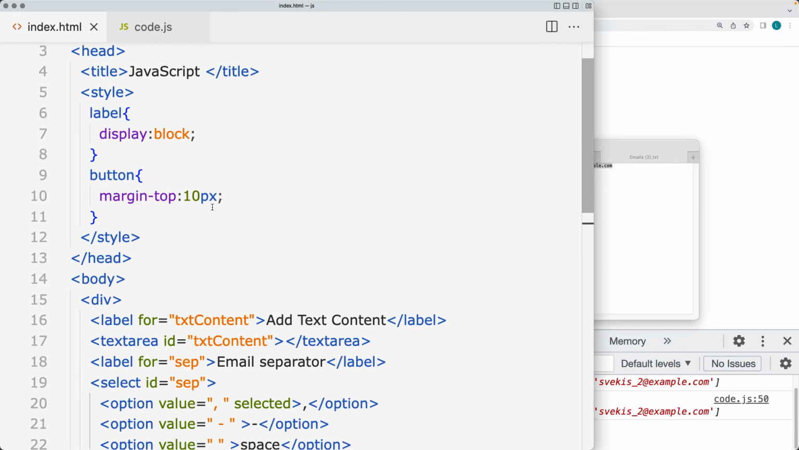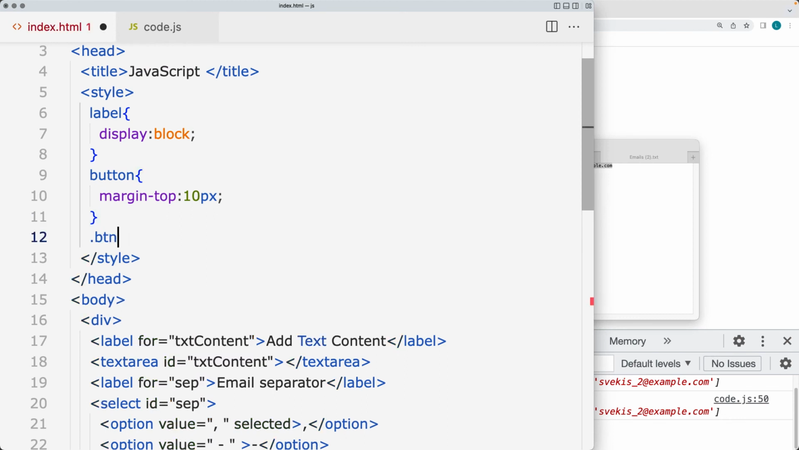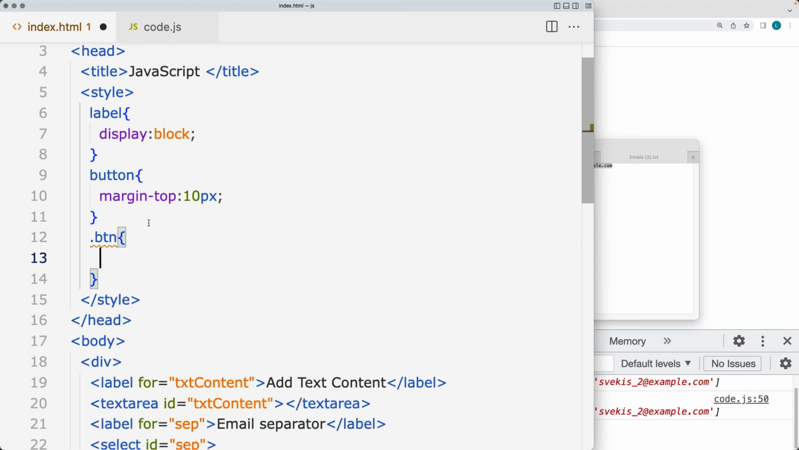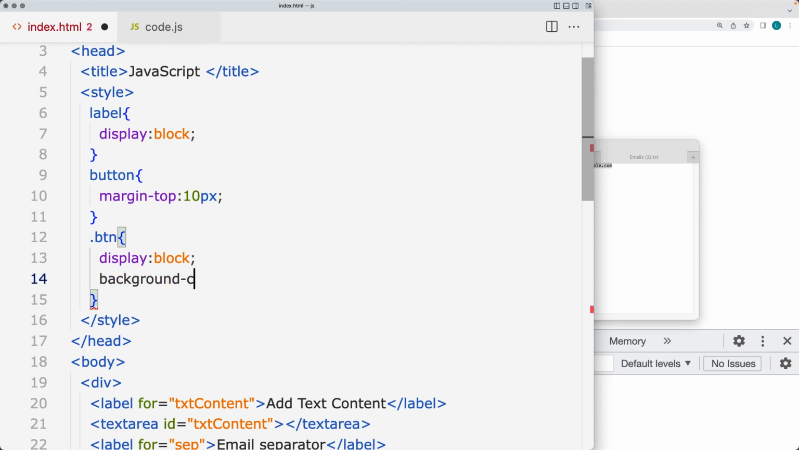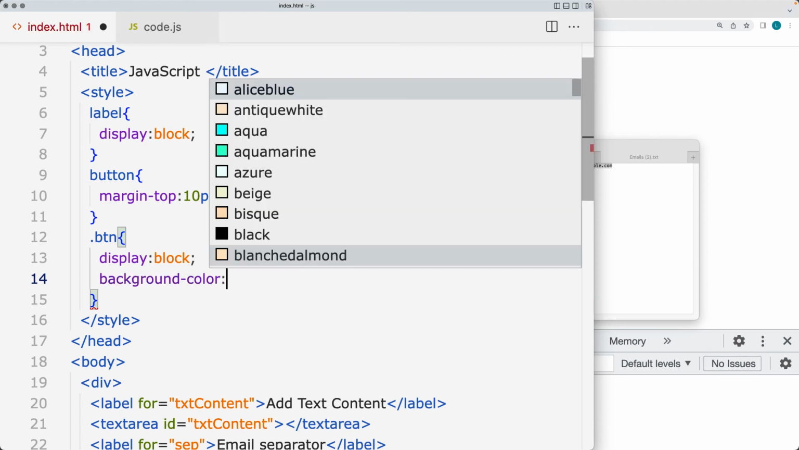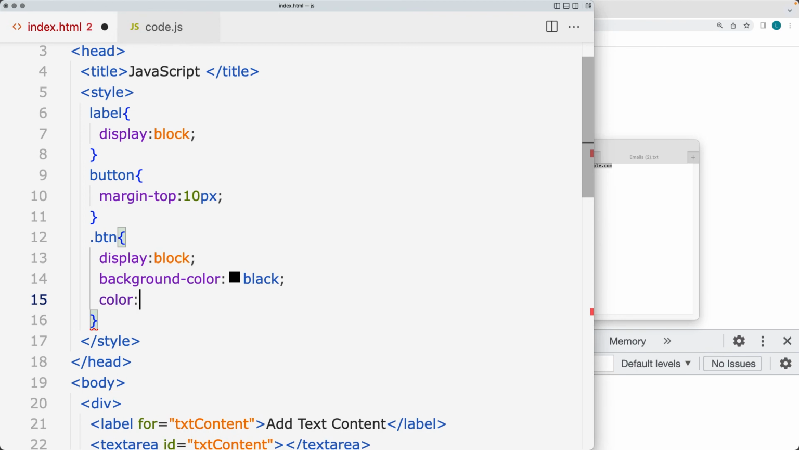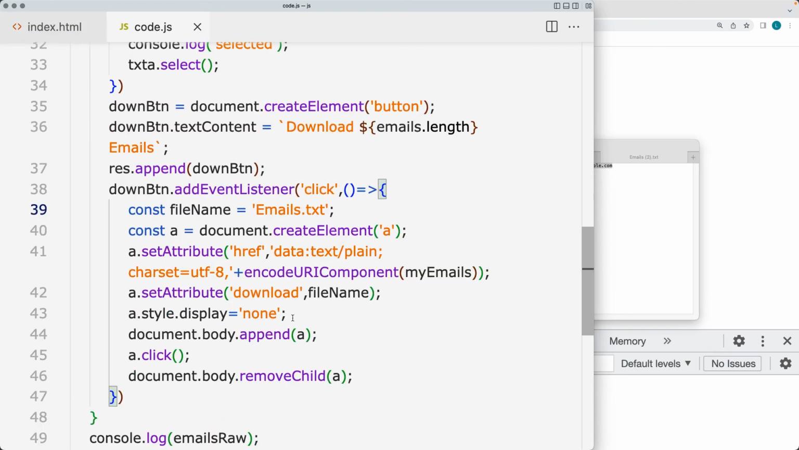Also, I'm going to add in a little bit of styling to the page elements. So add in a class of button, so that way we can set the buttons to be on a new block. And also I'll add in a little bit of styling for the background color of the button, and then the color of the text on the button will be white. Go back into the code here,